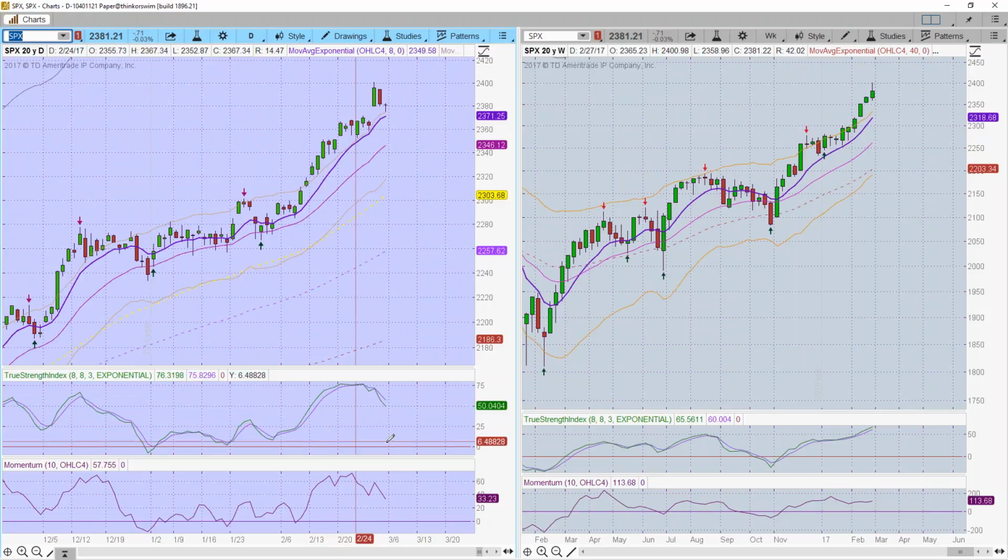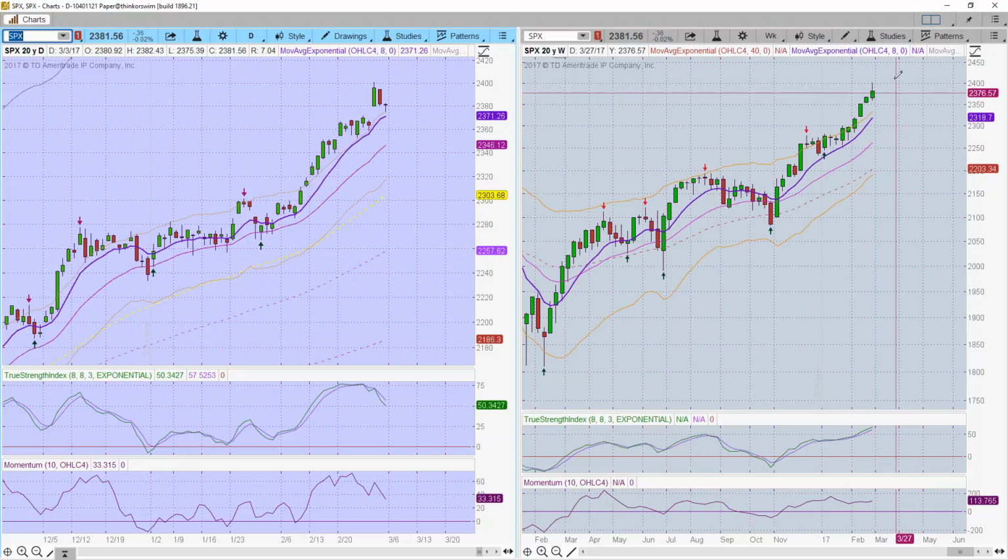One is whenever the true strength index and momentum is above the zero line, it's telling us that there is an uptrend going on. We do know now that we have resistance up at the 2400 level. It got up, stuck its head above it briefly, and is pulling back. On a weekly chart, you can see that the sellers did come in at the 2400 and are pushing it down. Where we close on this week's candle will determine whether or not we have a shooting star.